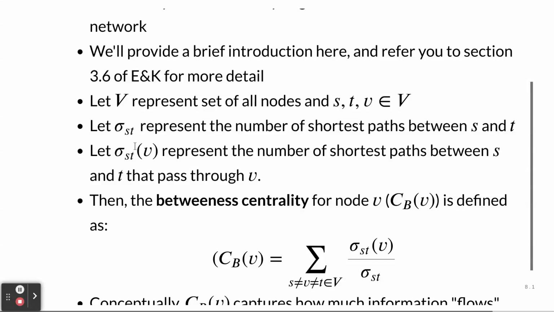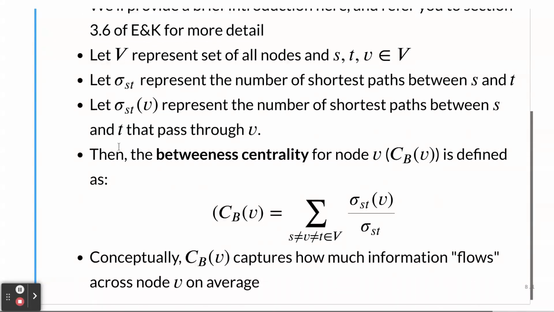Then we will define sigma ST as a function of V, which will represent the number of shortest paths between S and T that happen to pass through the node V. Then what we'll do is we will define the betweenness centrality for a particular node V, which will give notation C_B(V). And we'll say that this is equal to,